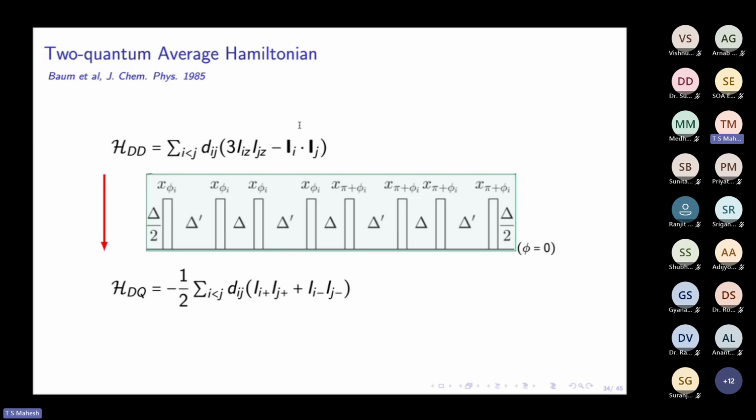This is quite long, 40 years ago. These people have shown that using such systems, we can realize